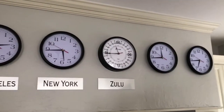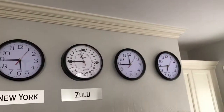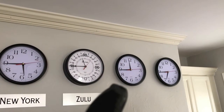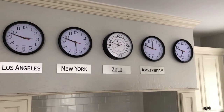And again, I want you to reference New York time. Right now it is 5:44-ish. Just 15 minutes prior to 6 p.m. Then hopping 2 clocks over, you can see that clock is 6 hours ahead of New York time. Any guesses? There it is, 4th city nameplate is installed, and as you can see, Amsterdam is just shy of